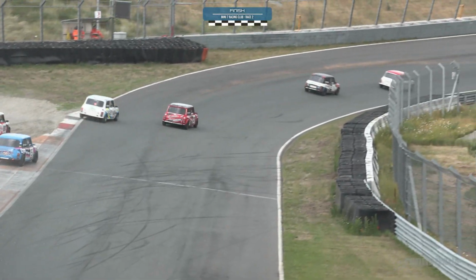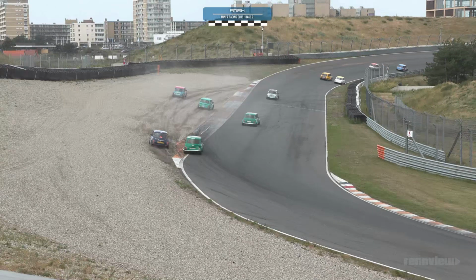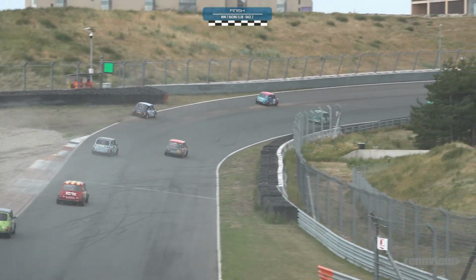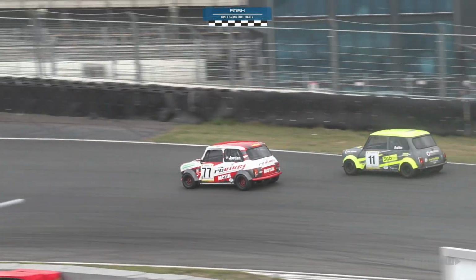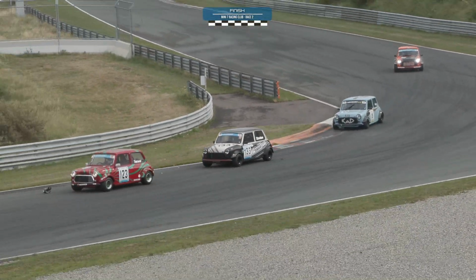Joe Thompson leading Conor O'Brien, but somebody had put some fluid down somewhere because several cars were all caught out as they went through Masters box. And midway through the race and midway through the lap as well. Thankfully, everybody managed to scramble their way back out of the gravel trap. Andrew Jordan eventually was able to squeeze his way through and past the race one winner, which was Kane Aston in the Mini 7